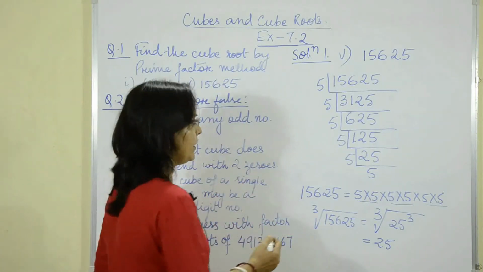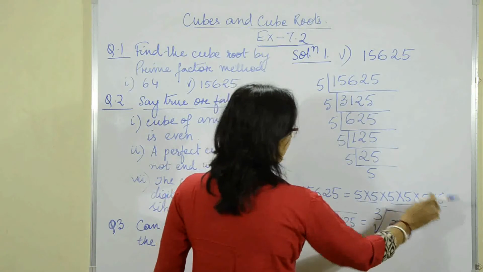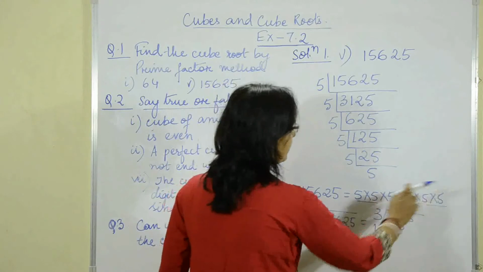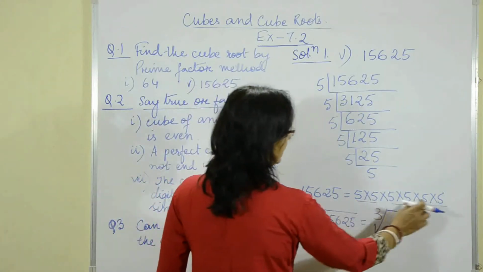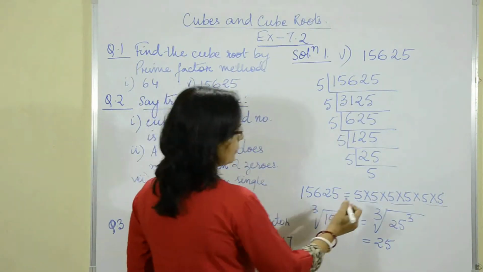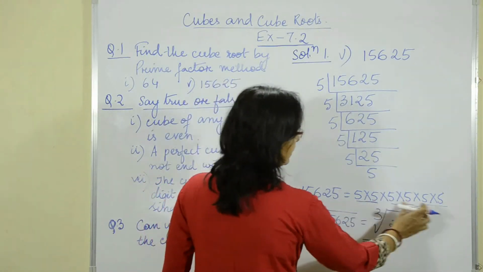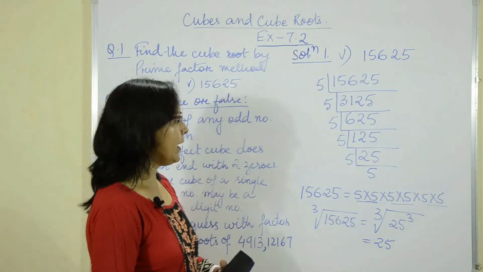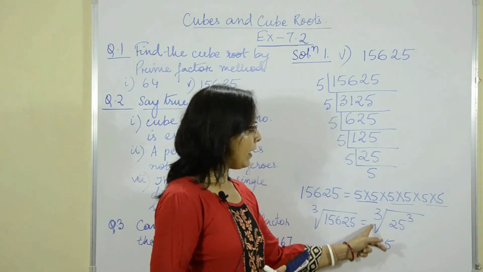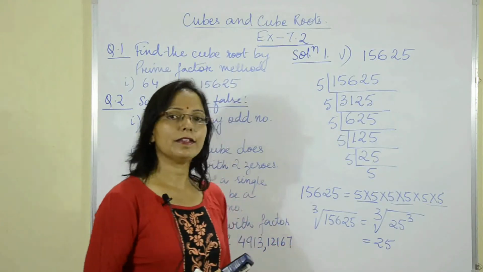I hope you have understood it. When I write it, after finding the prime factors, I group them first, and since it is a cube root, I want the same number repeated 3 times. Here the number is repeated 6 times, so I have to make groups of 3, and that is why I multiplied 5 into 5 as 25. Now 25 is a group of 3, because I need a cube root. So under the cube root I have 25 cube, the cube root and the cube cancel out, and the answer is 25.